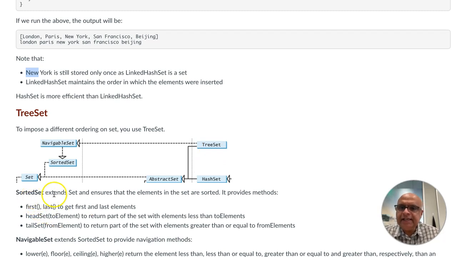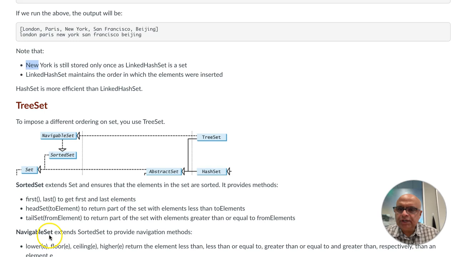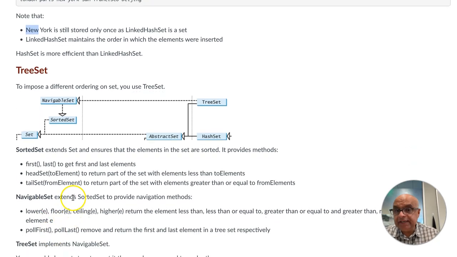So a SortedSet extends Set and ensures that elements are kept sorted, right? It adds a few methods: first, last, headSet, and tailSet, which gets you a subset up to a certain element. Then there's NavigableSet, which extends SortedSet to provide navigation methods such as lower, floor, ceiling,